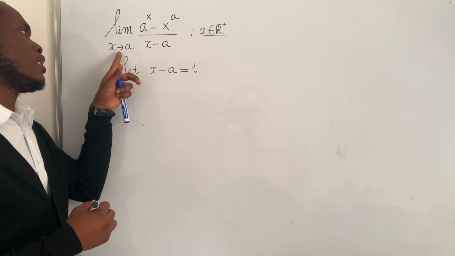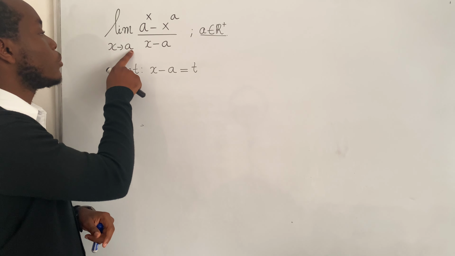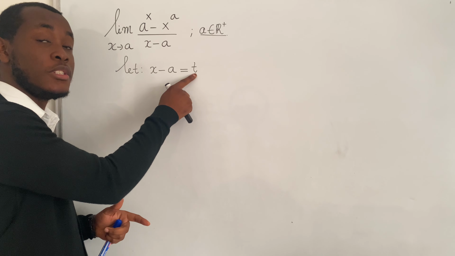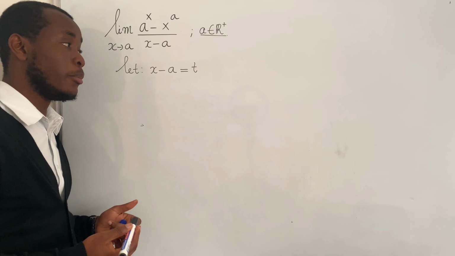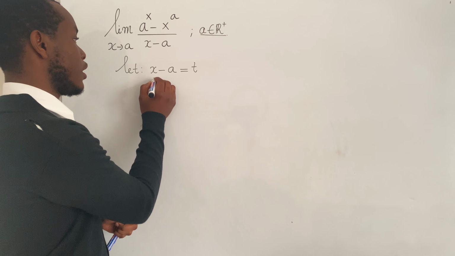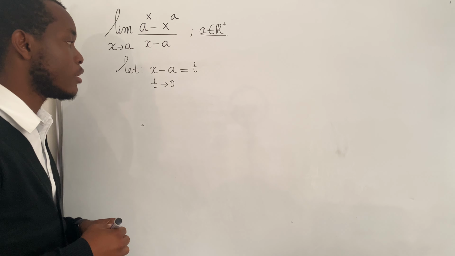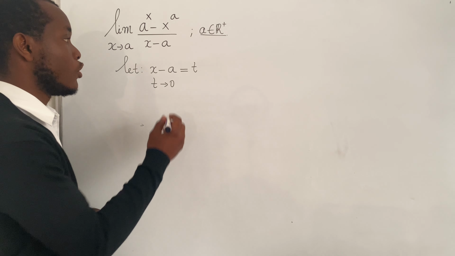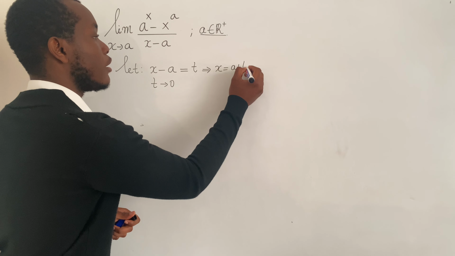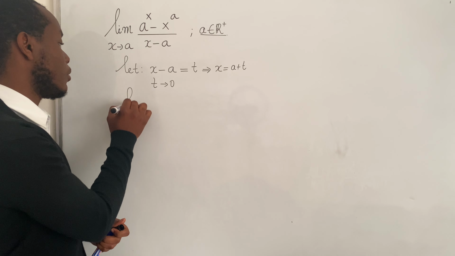So for x to approach a, t has to be 0. In other words, t approaches 0 when x approaches a. If we isolate x, then x will be equal to a plus t. Substituting in our limit,